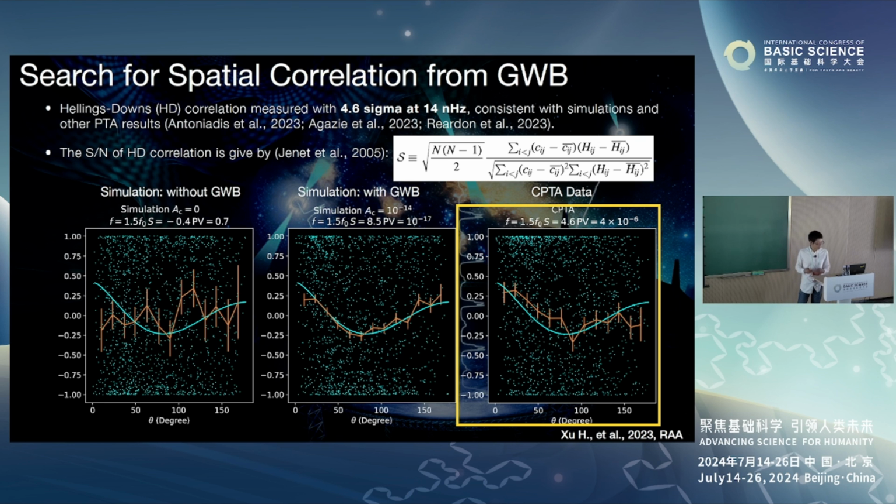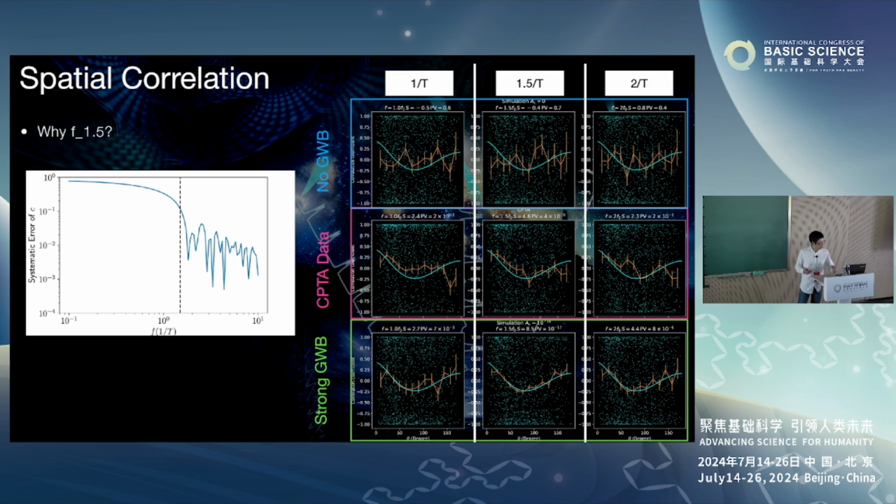The reason is that we can't constrain the spectrum very well. Basically, what other PTAs do is assume the power law spectrum of the underlying GWB and then do the HD curve searching. However, we can't do that, because if you assume the power law spectrum and then search the HD curve like other PTAs, you get lost.